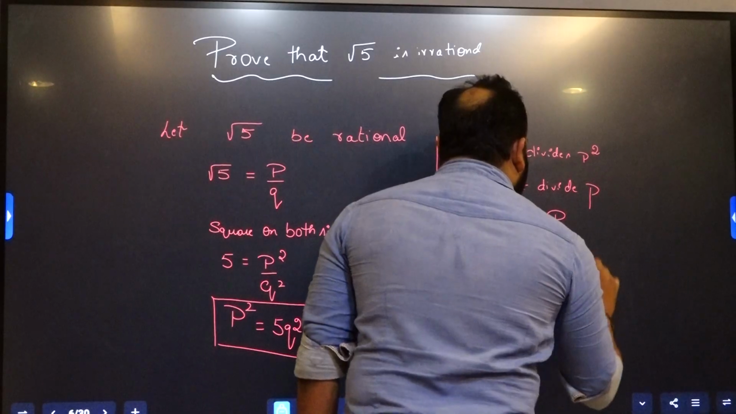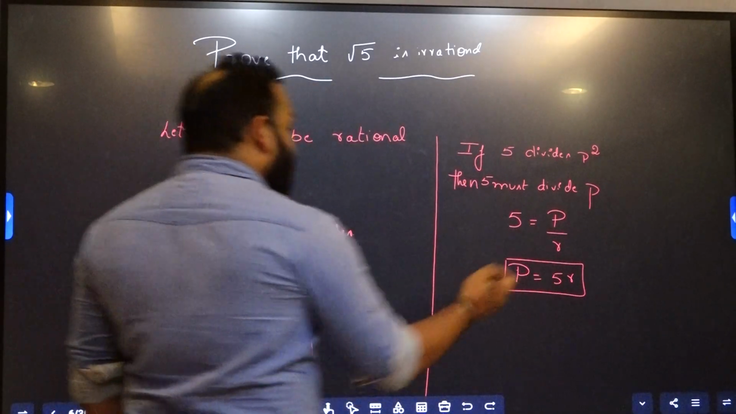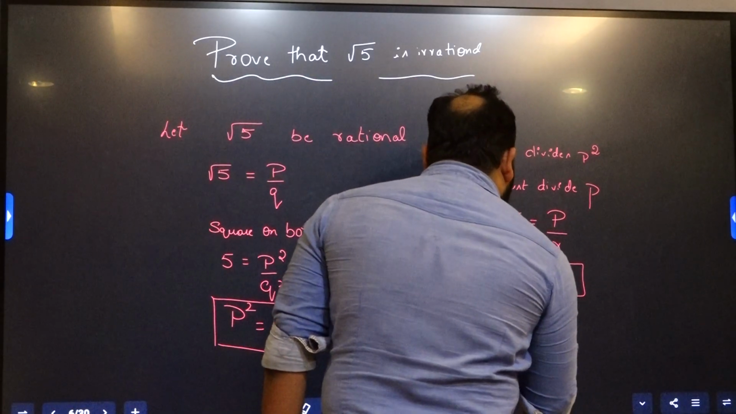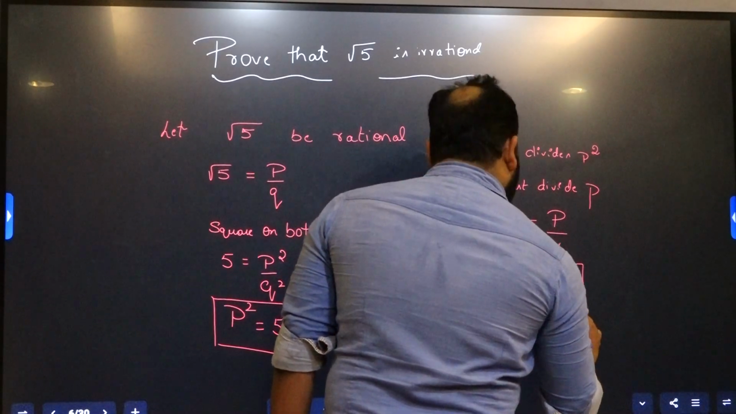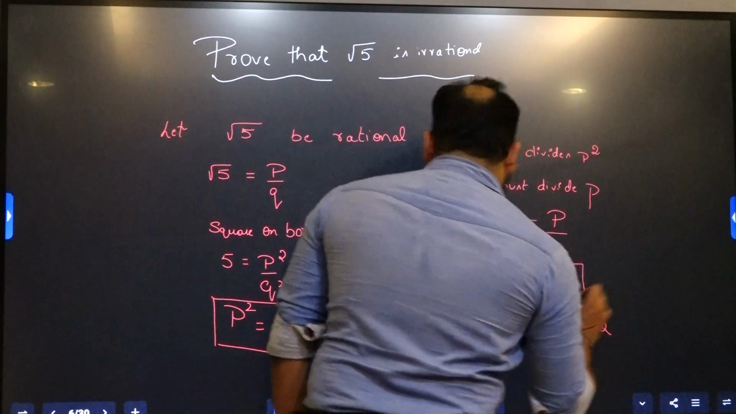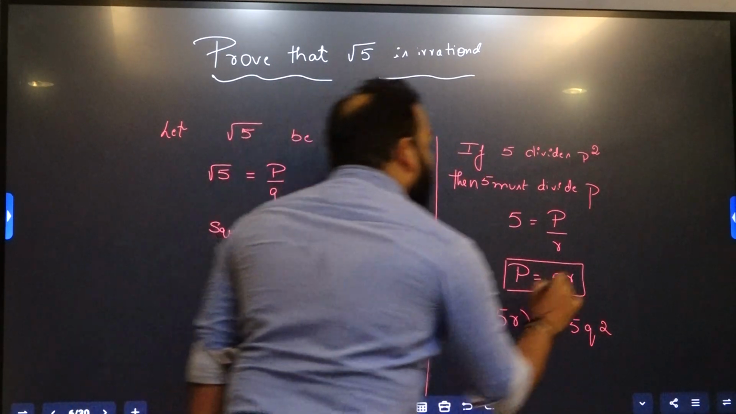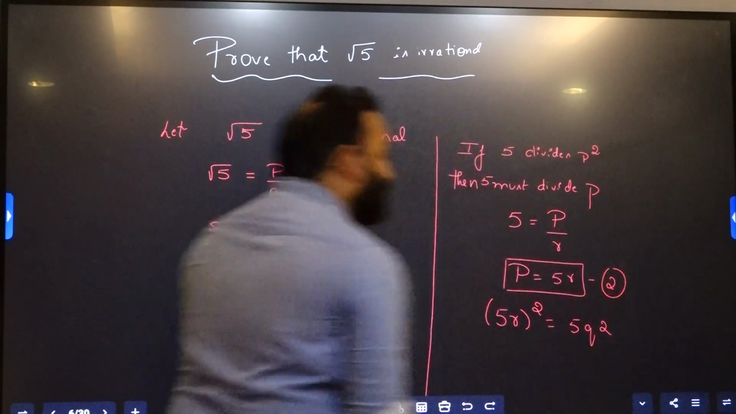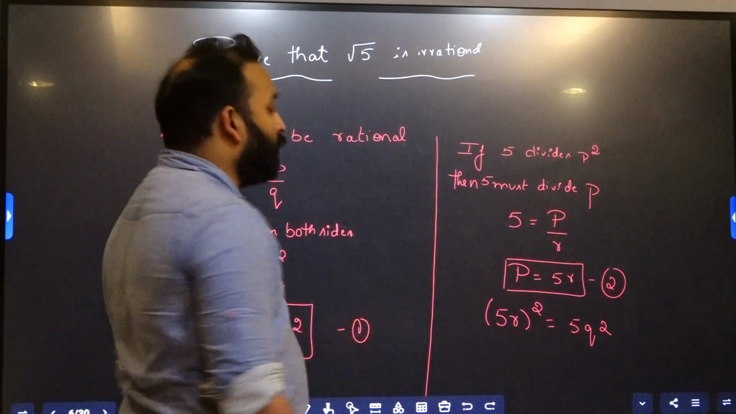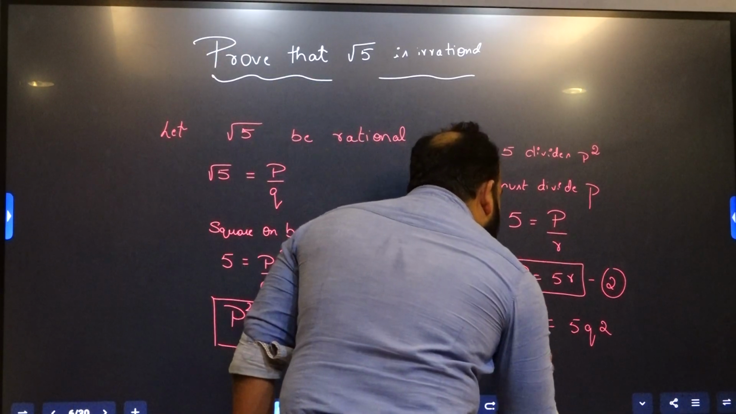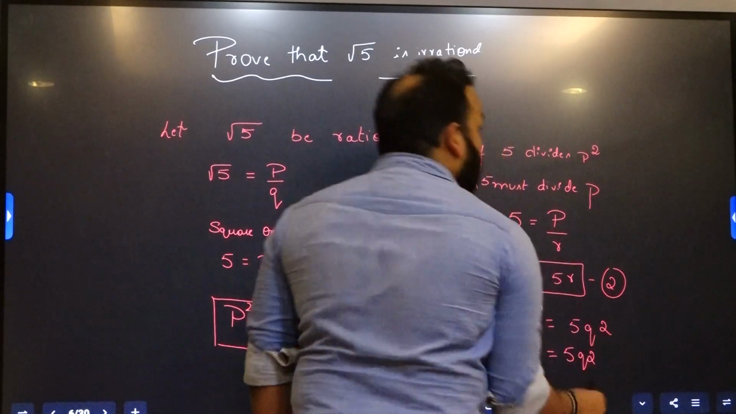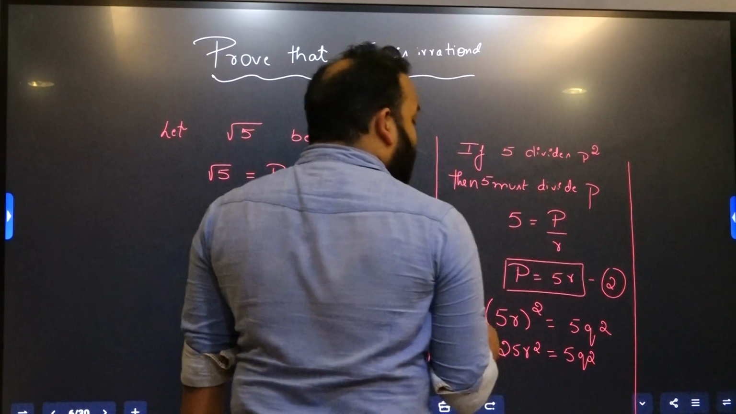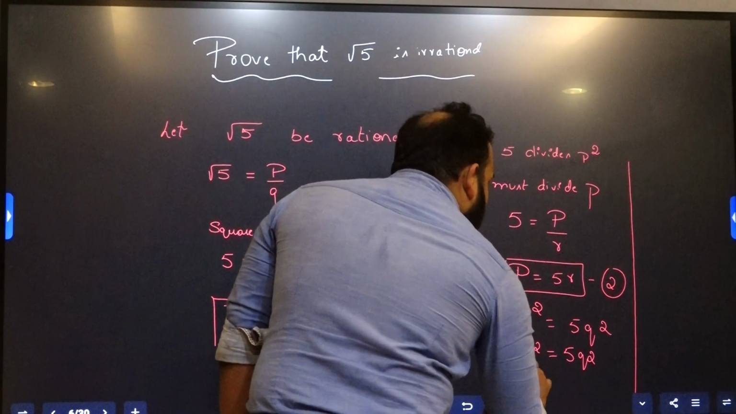So if you substitute 5r in the place of p in this equation, you get 5r the whole square is equal to 5q square. What did we do, children? We have equation 1 here, we have equation 2. From equation 2, I substitute here. I get 25r square is equal to 5q square. If you simplify this further, you're going to get what? You're going to get 5